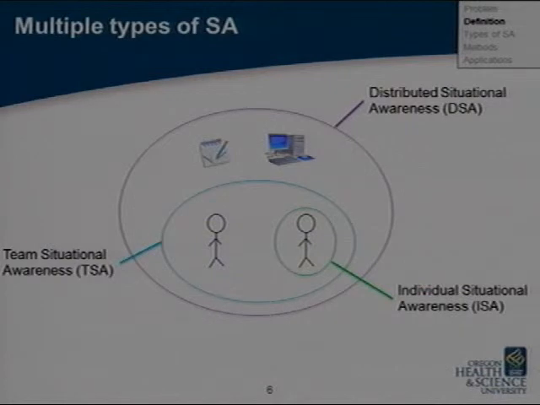At the individual level, situational awareness describes the cognitive processes of recognizing cues in the environment, making sense of them, and using that to prime decision-making. At the team level, this refers to how two or more individuals reach a common ground when they are striving towards a common task. When we get to a distributed level, the concept sort of becomes more generalized, and we start including objects in our model in terms of containers or catalysts of situational awareness knowledge or information.